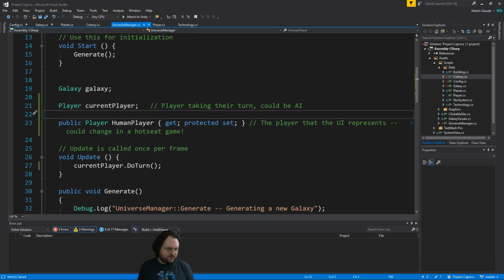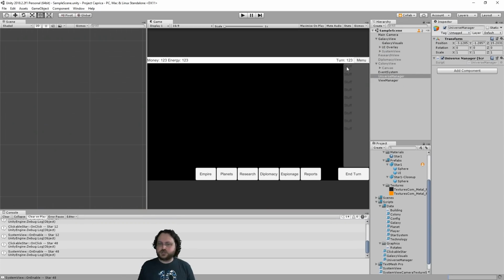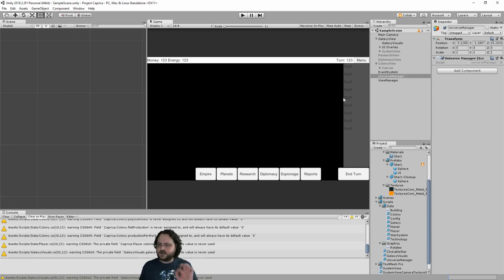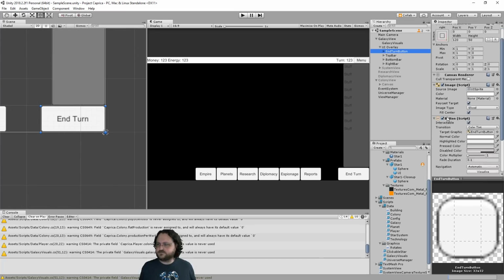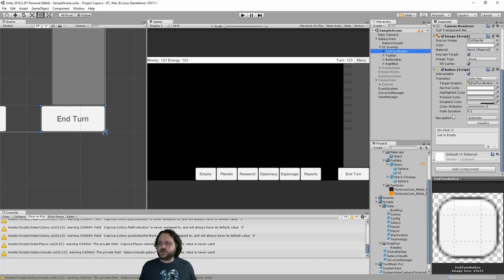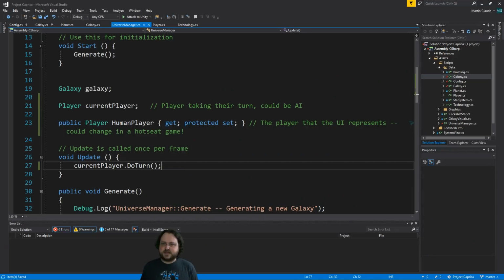So if we switch back over to Unity and actually consider doing a tiny bit of actual user interface work. Last time we did a ton of UI work, so I was hoping to sit back a little bit. If we go to the UI and the end turn button, hover here, it's got a button script. So we're going to do something like, probably